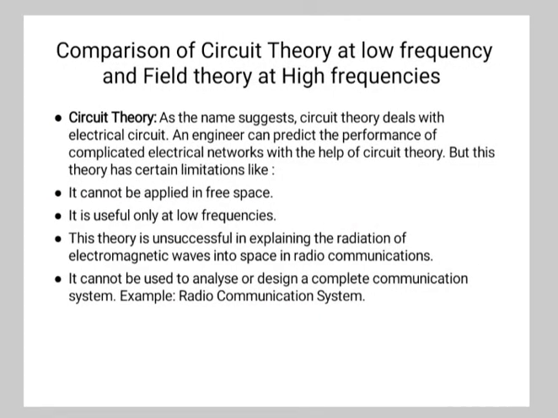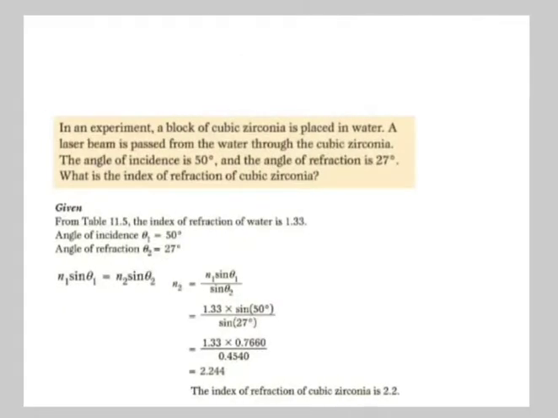So the next point is, before going to the comparison, there is one more point, that is reflection by a perfect dielectric at normal incidence. So consider the boundary between two dielectric media at x equal to 0. If the wave is incident on the boundary between the two dielectric media, then part of the wave will be reflected back and the remaining part of the incident wave will be transmitted into the other dielectric.